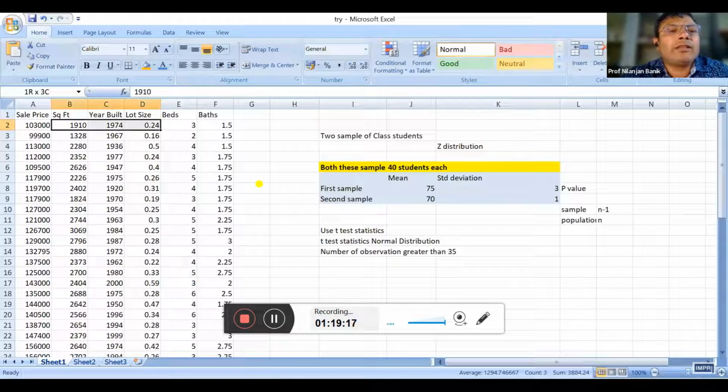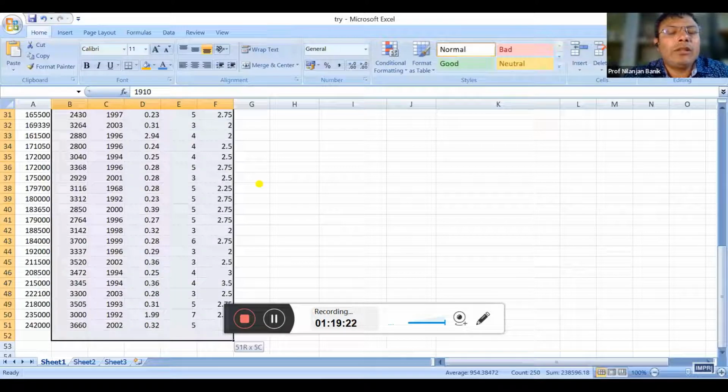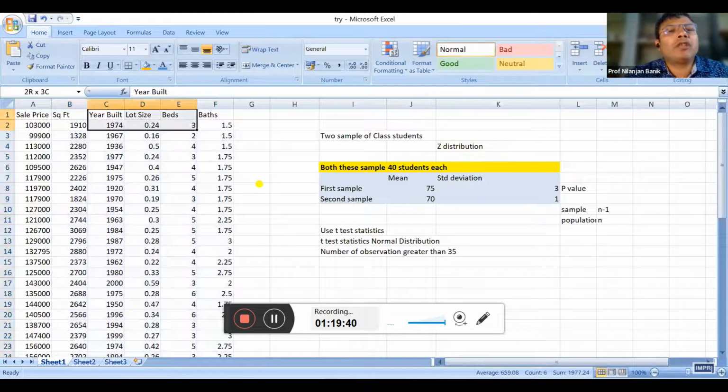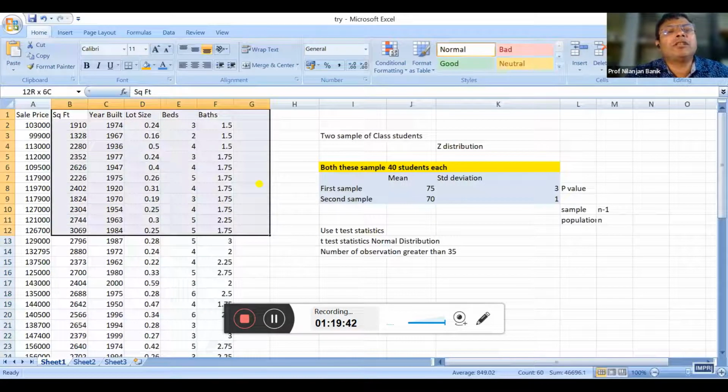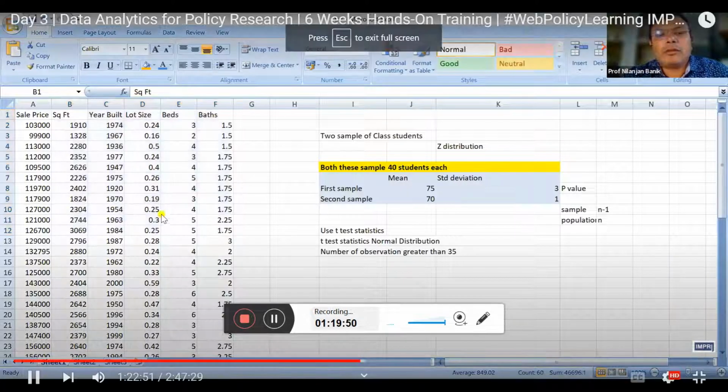So basically, the idea is we wanted to test this hypothesis. If someone comes and asks what your projection is about the price of a house, let's say in the Greater Noida region in the National Capital Region, using this multiple regression we can actually predict what the ideal price of the house should be. What is the upper confidence interval? What is the lower confidence interval? And on the basis of that, we can actually try to